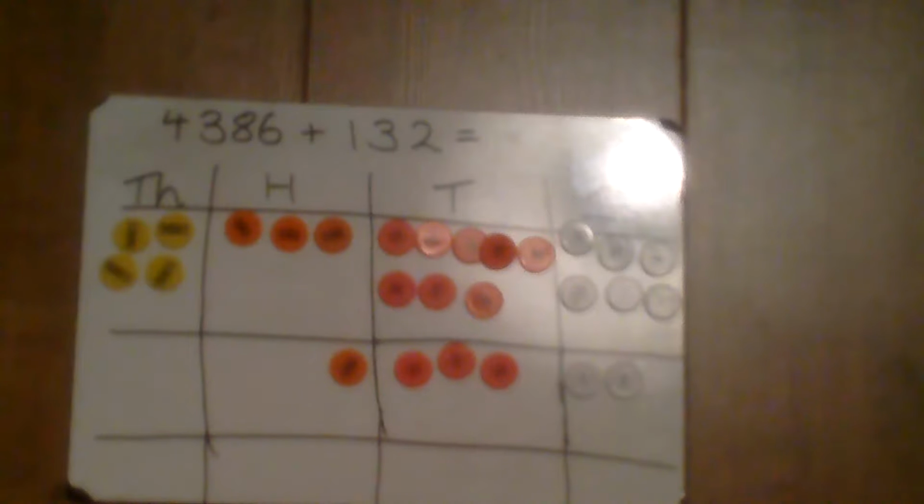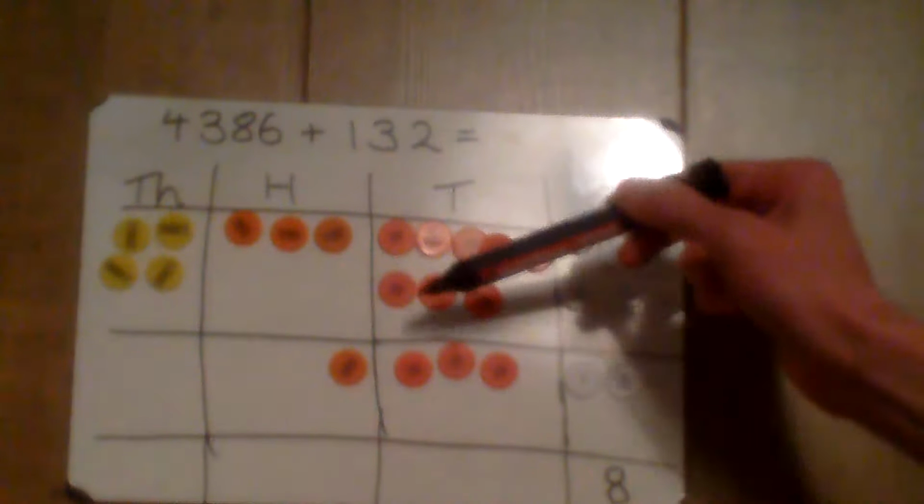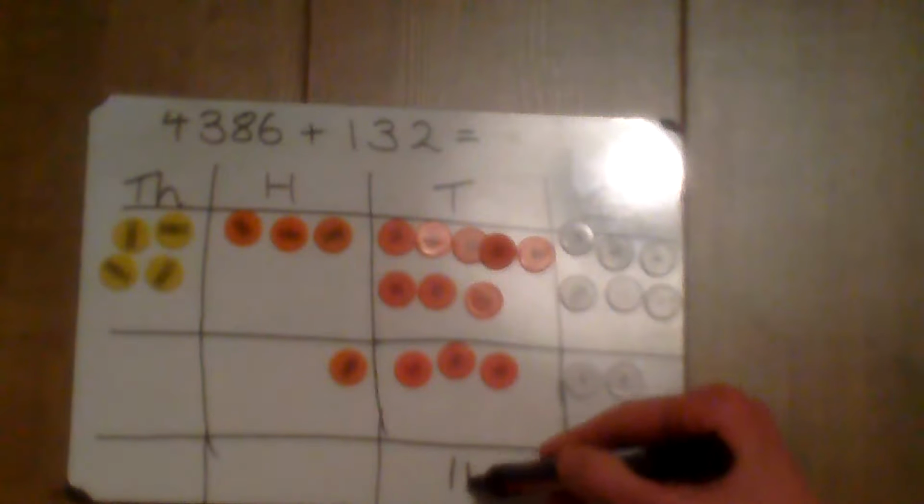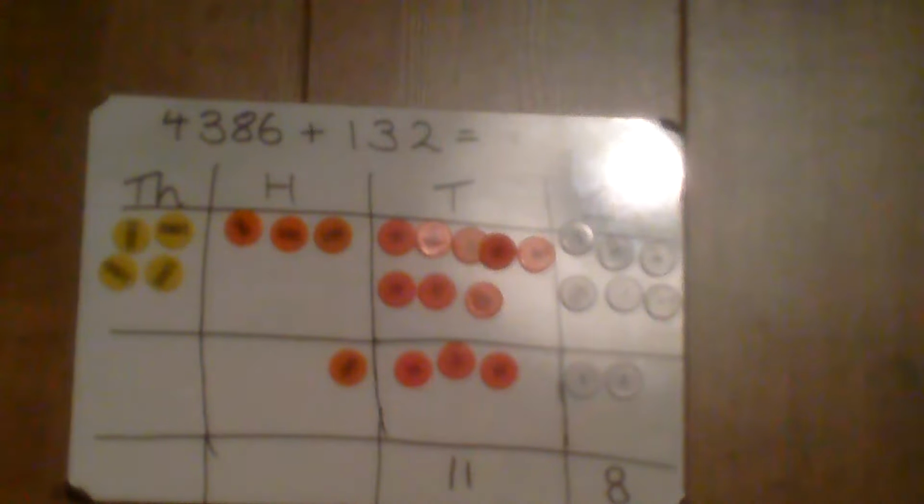We can now start to count up each of the columns to find out how many there are. 1, 2, 3, 4, 5, 6, 7, 8 ones altogether. In the tens column we have 1, 2, 3, 4, 5, 6, 7, 8, 9, 10, 11 tens. We can't have 11 in one column. Therefore, what we're going to need to do is regroup 10 of our tens